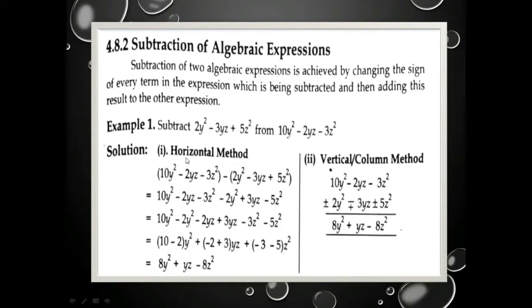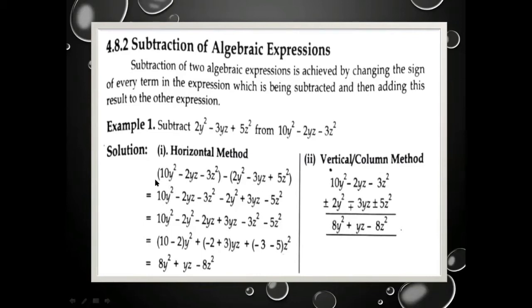So first, for following the horizontal method, we write our polynomial or algebraic expressions in horizontal form like this. In writing, we will be careful: the expression which is given after the word from, we will write in first position and enclose in brackets. Then put a minus sign, according to the given instruction, subtract. For that, we write a minus sign. And then we write the polynomial which is given after subtract within brackets like this. Keep this step in your mind clearly.